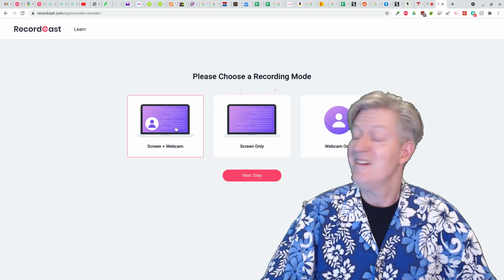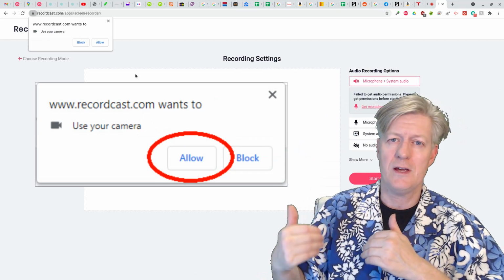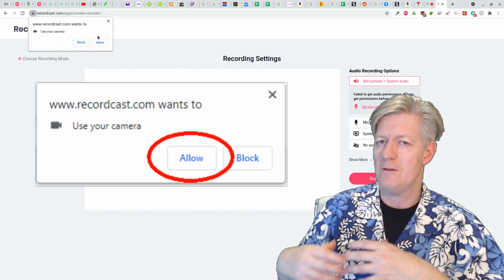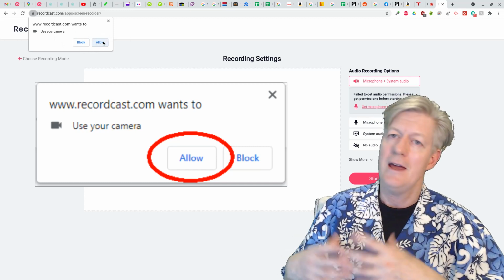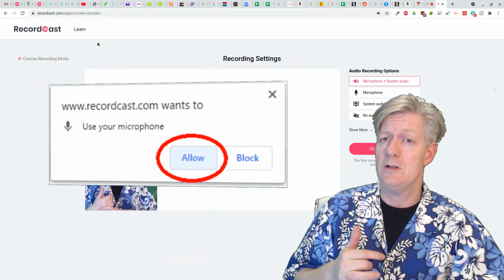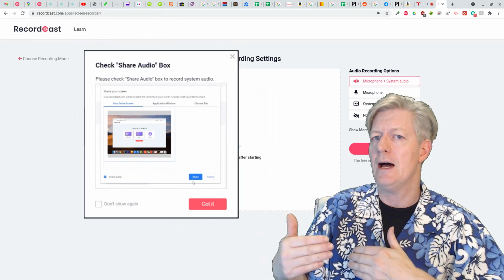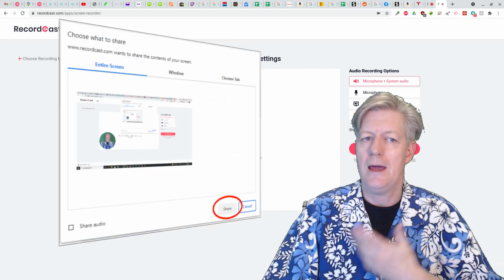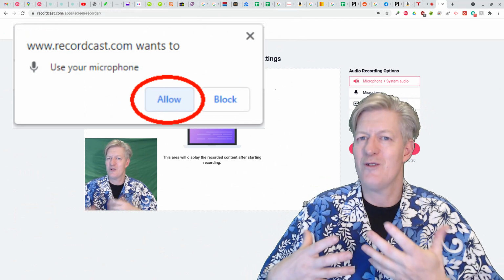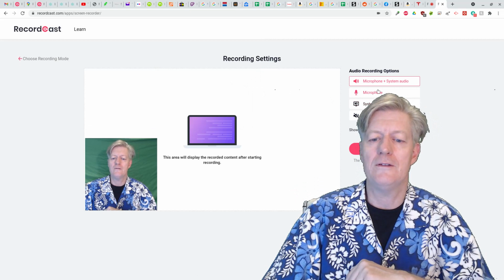Now you'll see a new message pop up there, and it'll ask you, do you want to use your camera? You have to click on allow. If you click on block, basically you're blocking the app from using your camera to make your video, and that wouldn't be very good. You'll see other messages as well asking if you want to allow the app to use your microphone or even your screen sharing. You have to click on allow on all of these if you want to make everything work. If you say block or no, guess what? It's not going to be recording your screen or your audio. So click on allow on the very first one there.